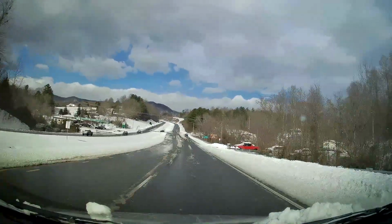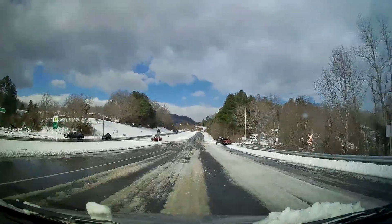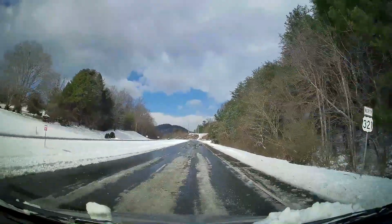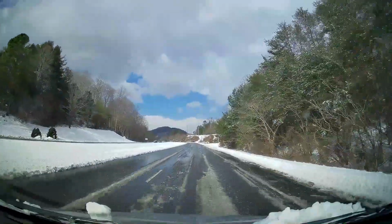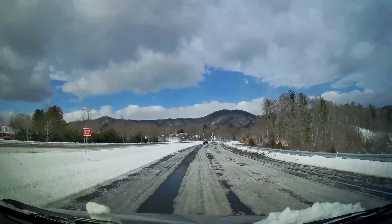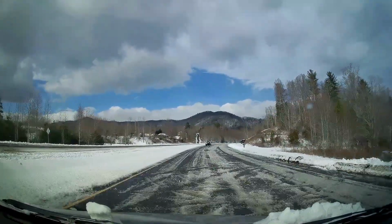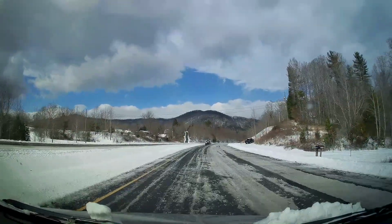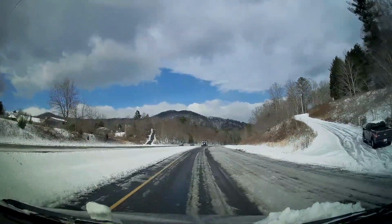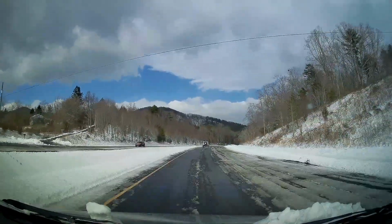Yeah, the sun's trying to peek through. Careful right here. Yeah, we might have reached the end of our journey. I'm not going to get us up that mountain and get us stuck. As long as we can go, we'll go, but really still not any heavier accumulation than what we had. But just the roads seem to be